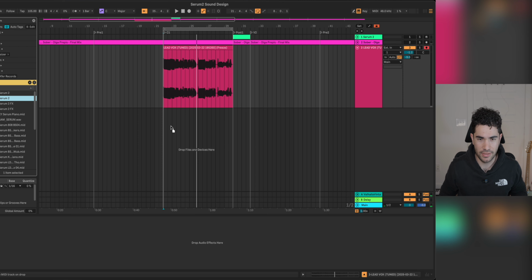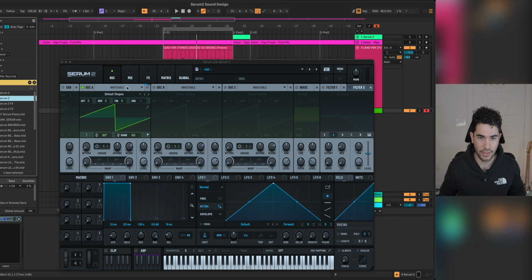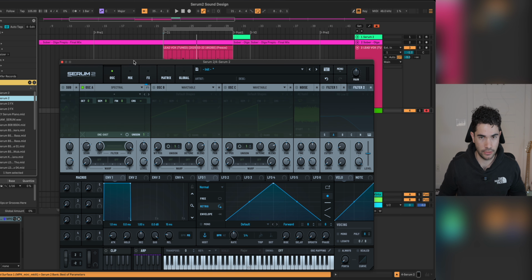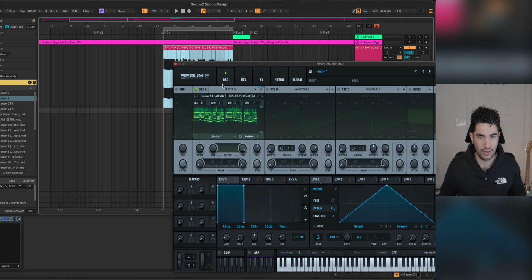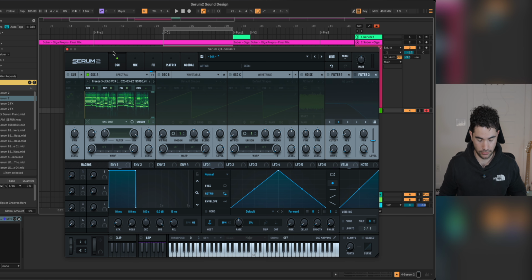Perfect. Let's just grab Serum 2, put that in a new track. Let's grab a spectral oscillator over here and just drag and drop the vocal into the spectral oscillator. So if I play C3, which is the root again,